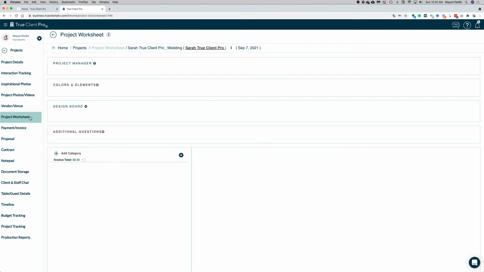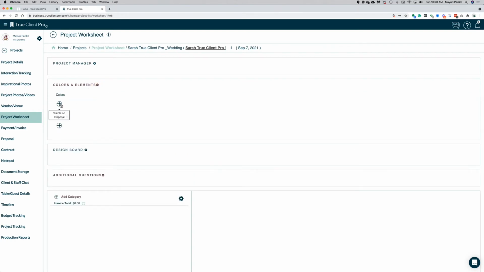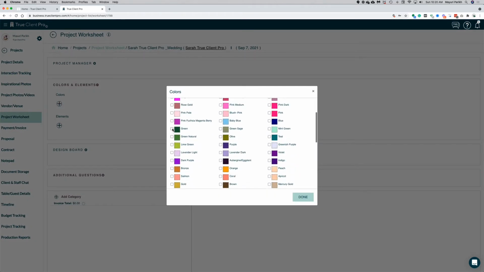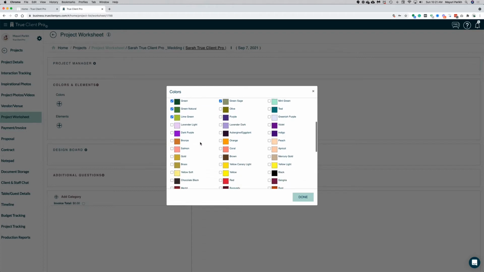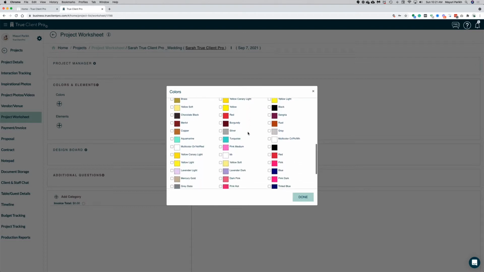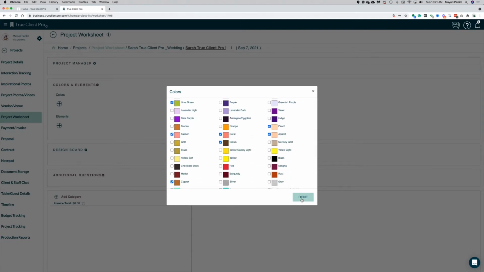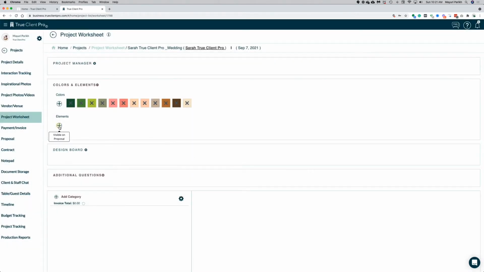On the Project Worksheet, there's colors and elements. So colors are going to be mainly peach and green for us. So I'm going to just choose a bunch of greens. And then I am going to choose shades of peaches, because how you tag your inventory, and this is all customizable. So we want to get all those colors because the inventory will populate according to the colors and the